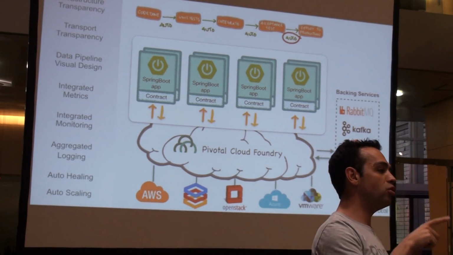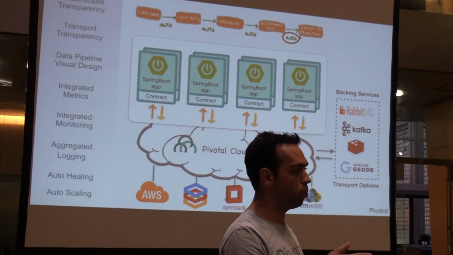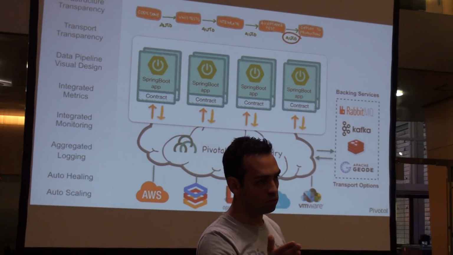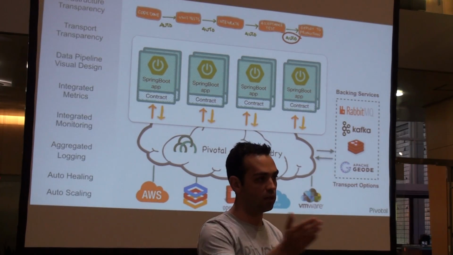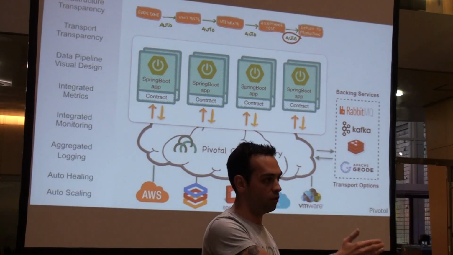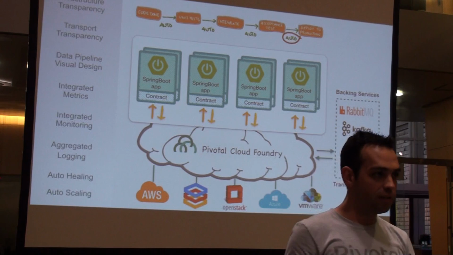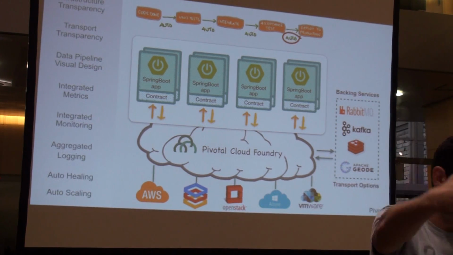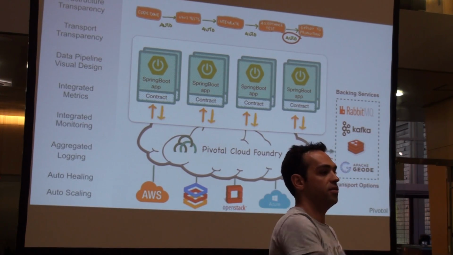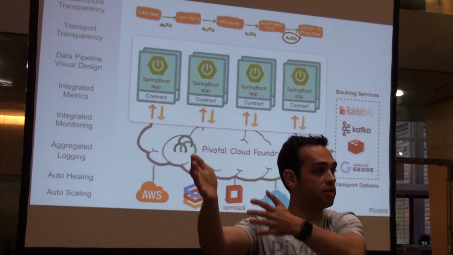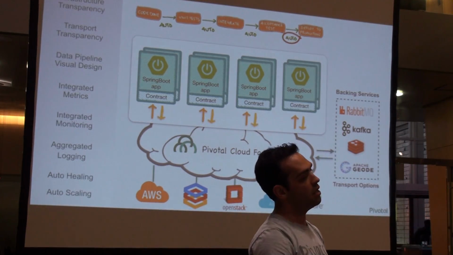That means that not only can you deploy in any environment you want, you scale with a click, you auto-bind to the services that are available in the marketplace, and you stream all the logs to the same location. So if I have an error, I don't need to SSH to those different machines and see where my logs are. They stream to the exact same location. Container restarts,